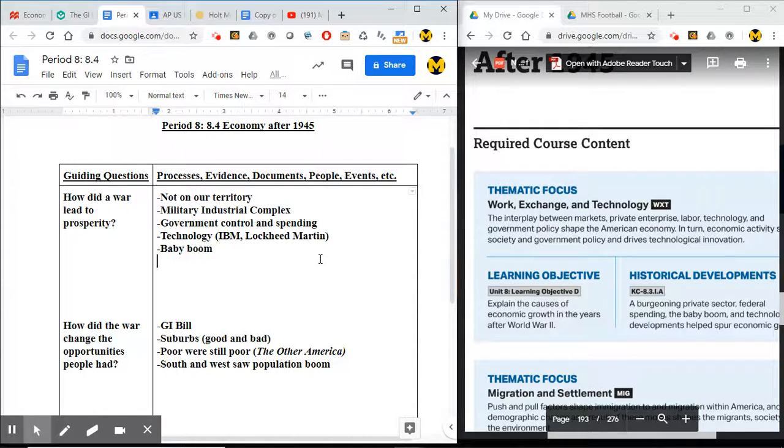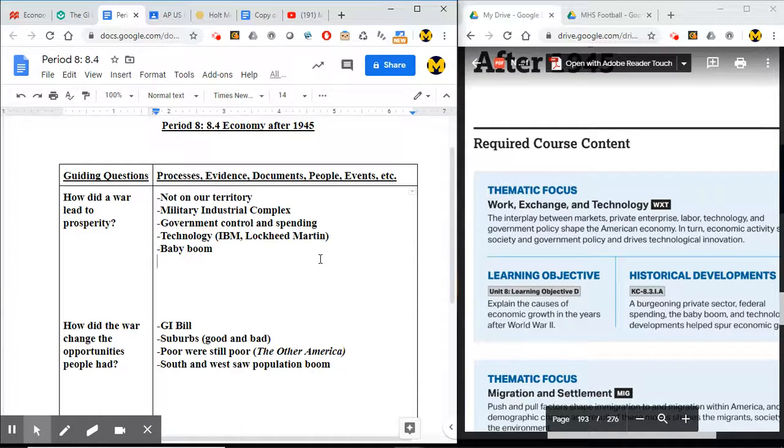And so that's a key part to that prosperity as well. And then lastly, you guys probably know this term. I think boomer is a popular slang term used nowadays, and we have this thing called the baby boom. So all these people, many of which are still alive today, who were born in the post-war economic boom. People were having a lot of kids. War was over, life was good, and so many people had children, and that led to this generation called the